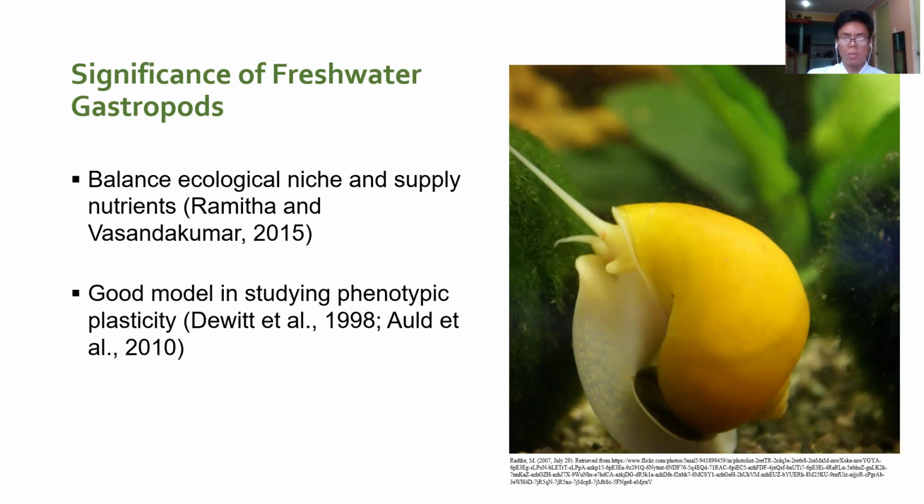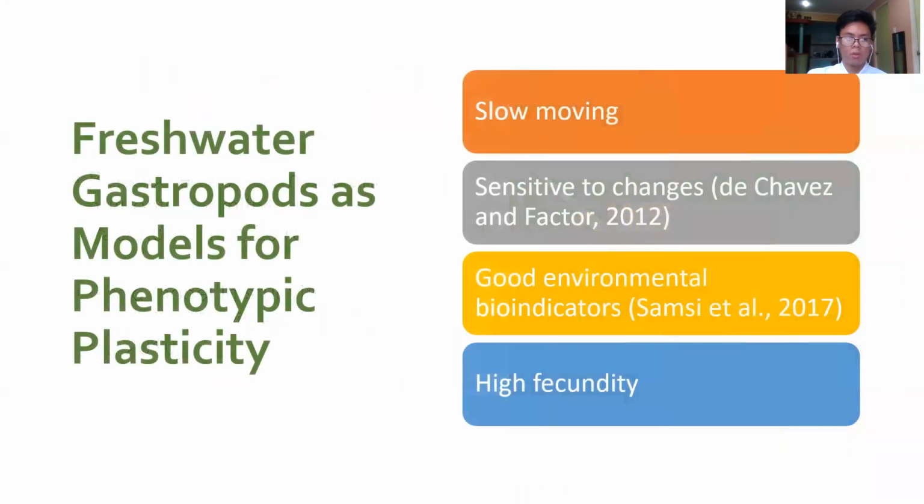Now, what is phenotypic plasticity? Phenotypic plasticity is the ability of an organism to modify or change its physical or genetic traits to adapt to a certain environment. But the question is how and why? Well, first, it's because they are slow moving. And since they're slow moving, they're exposed longer to environmental selective pressures. Secondly, they're sensitive to changes, and this prompts them to change their physical or genetic traits to adapt to that